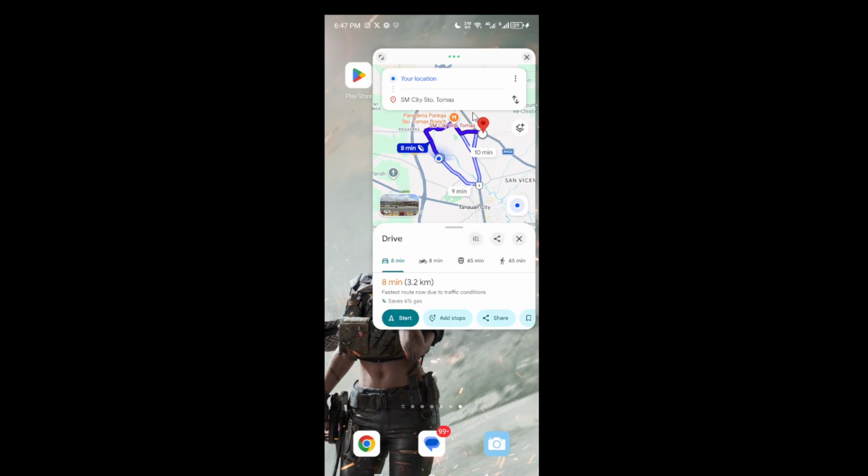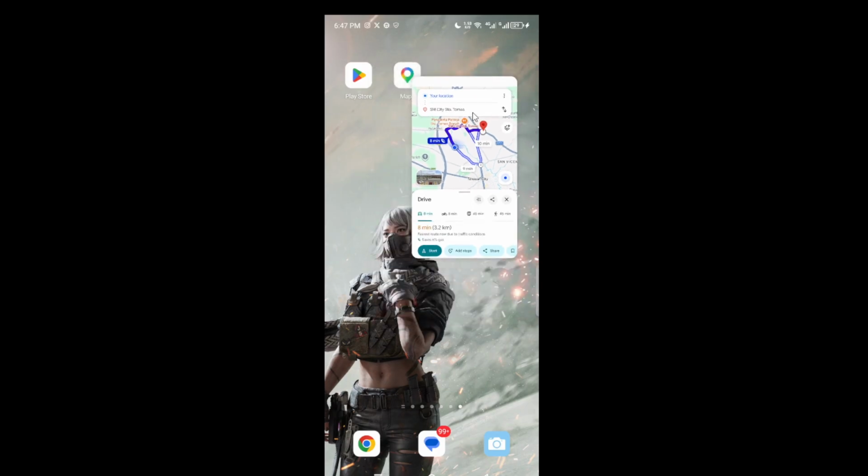Because this feature can look a little different depending on the make and model of your Android device, don't worry if your icon placement or labels vary slightly. The principle is the same. Open recent apps, then choose the option that turns Maps into a smaller view so you can multitask without losing your way.